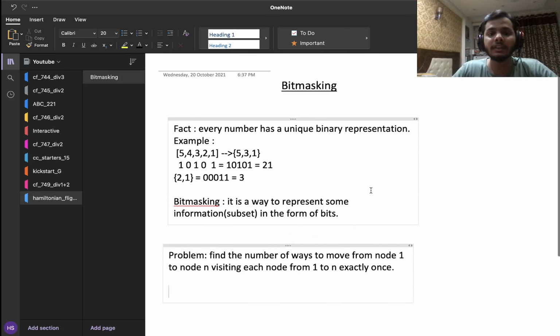So I'm going to define a DP state to solve this problem, and let's see how that DP state is going to help us and how finally we can get to the answer using the DP states.